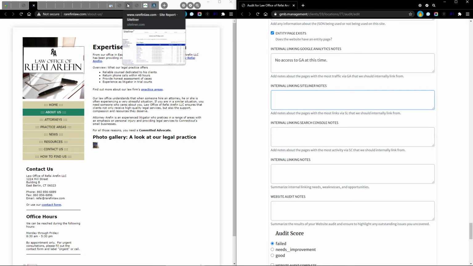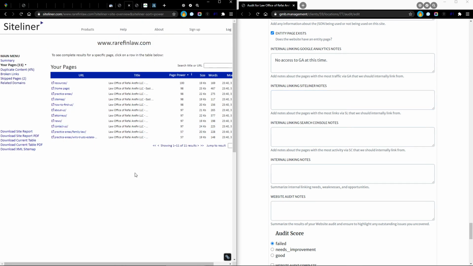SiteLiner, really cool site. I like SiteLiner a lot. If you've never used it before, definitely check it out. This is a really small site, but I did go ahead and run it, so we didn't have to sit here and wait for it to do its crawl and finish. And then you just go to the Your Pages tab here on the left, and I always sort by page power so I can see the most powerful and the weakest pages. So the resources page is our most powerful page based on internal linking. So most of the internal links go to the resources page,